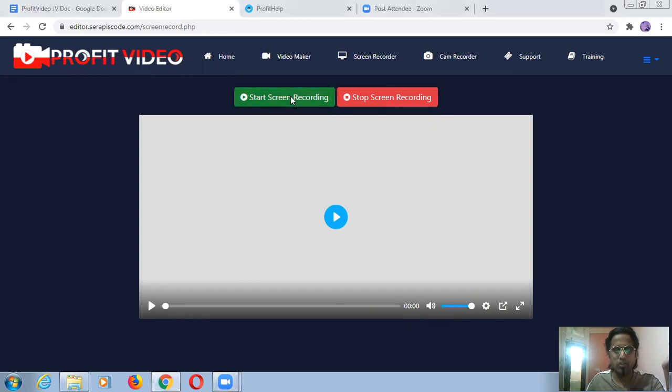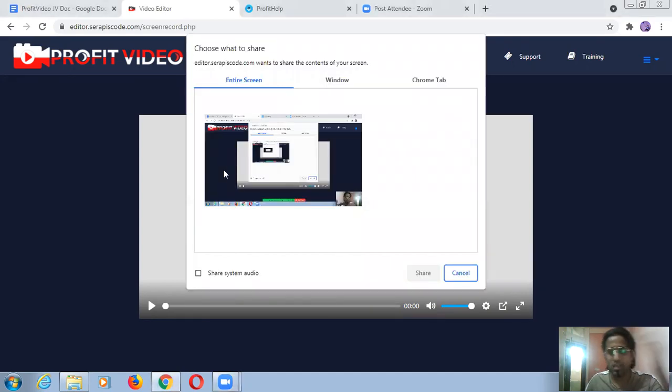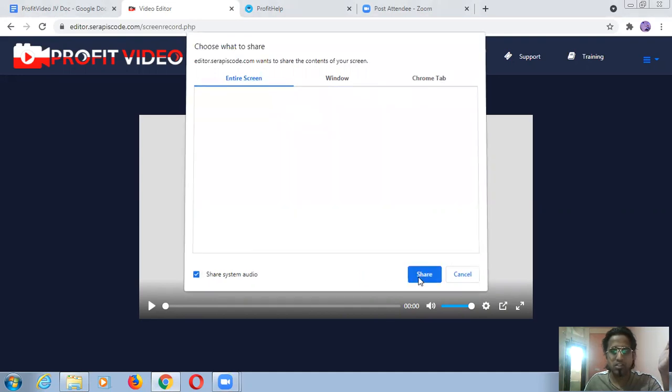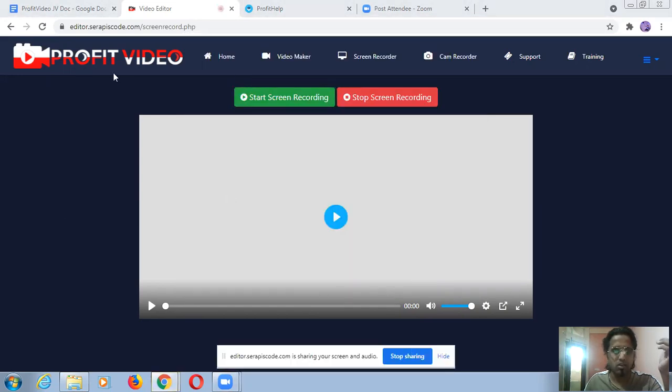Again, I'm going to try the share option. So the share option is coming now. This is sharing our screen. You can see my cursor moving continuously, and this is the recording button here. Let's see, stop sharing.